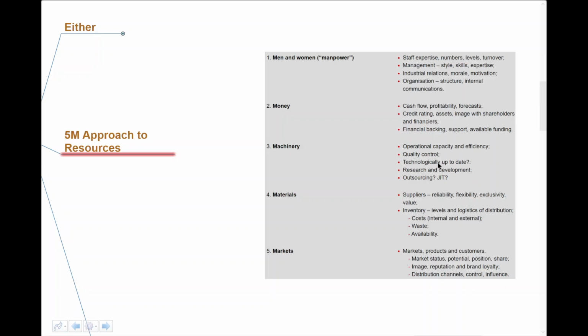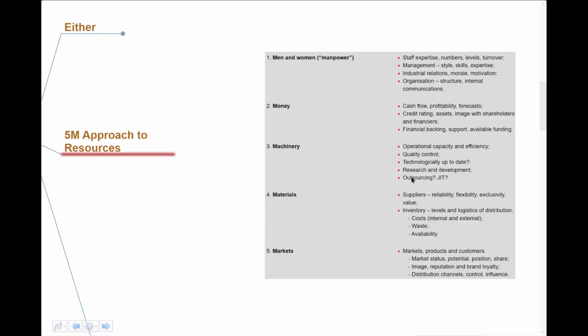What about our systems, in terms of our internal systems, stock holding, warehousing, etc.? Is a technique such as just in time relevant? Would it suit our type of business? Next area is materials. So specifically what we're talking about there is the obvious, and I'll deal with inventory in a moment, but also,